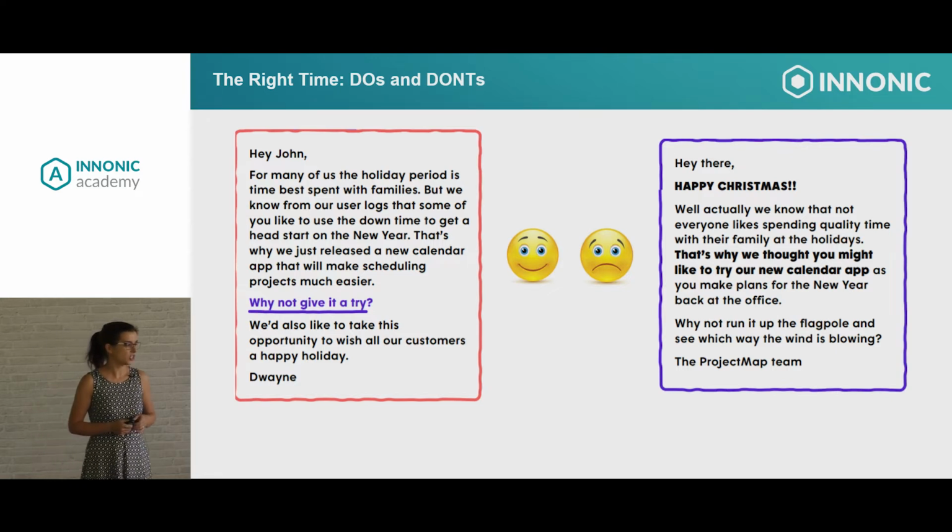But if by any chance we know for sure that there is a high level of engagement of our users during the Christmas period, because why not? There are holidays, most businessmen do celebrate Christmas with their families, but they also use that time to prepare for the next year, to schedule, to plan something. And if we know for sure that there is a high level of engagement with our product during that period of time,